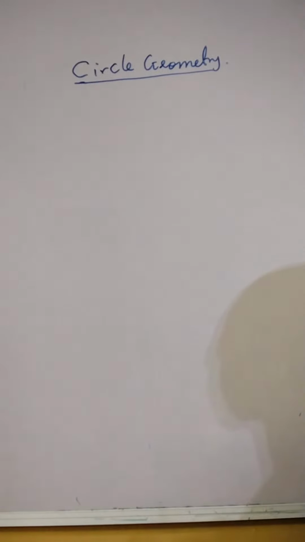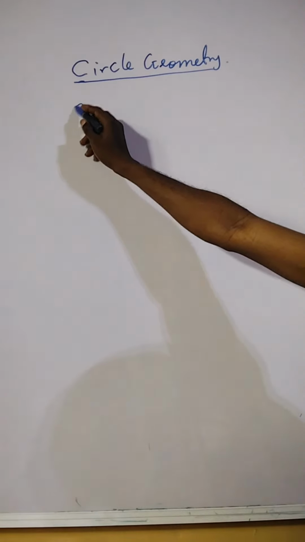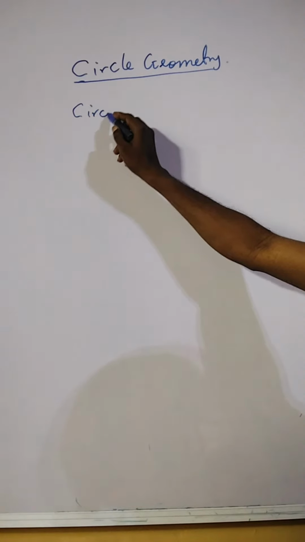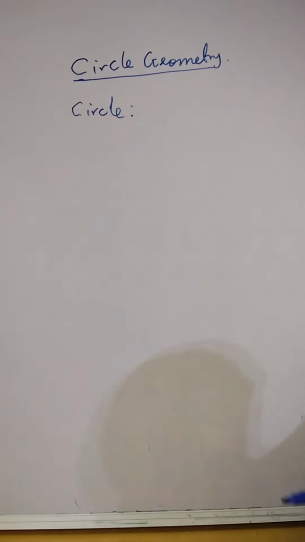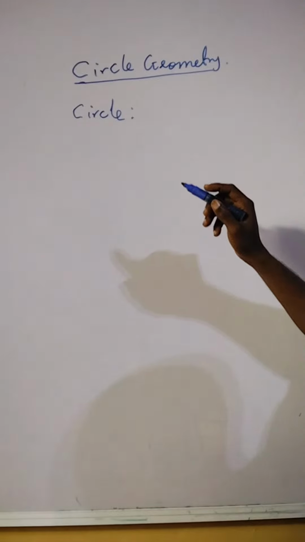This topic in mathematics, that is circle geometry. Now, we need to define what a circle is. So, what is a circle? When you hear circle, a circle is a locus of a point,